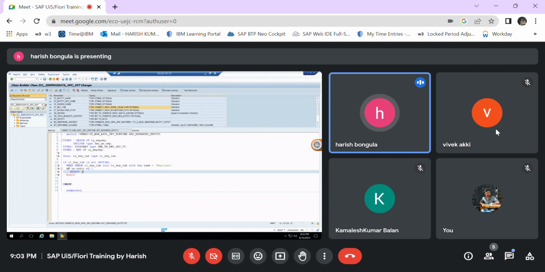Select single star, because we'll have only one record for one user in the main table. Select star from zma_gw_emp into corresponding fields of